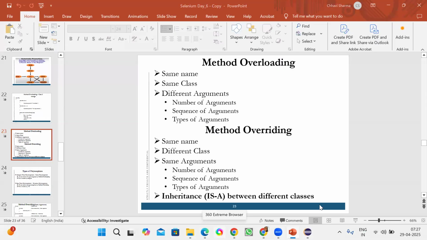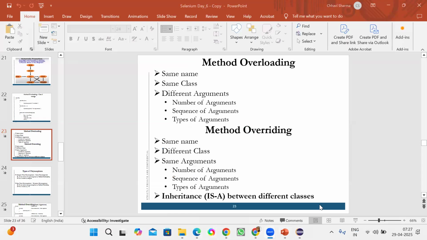Go through all those examples which I have shared with you. And if you have any doubt, please